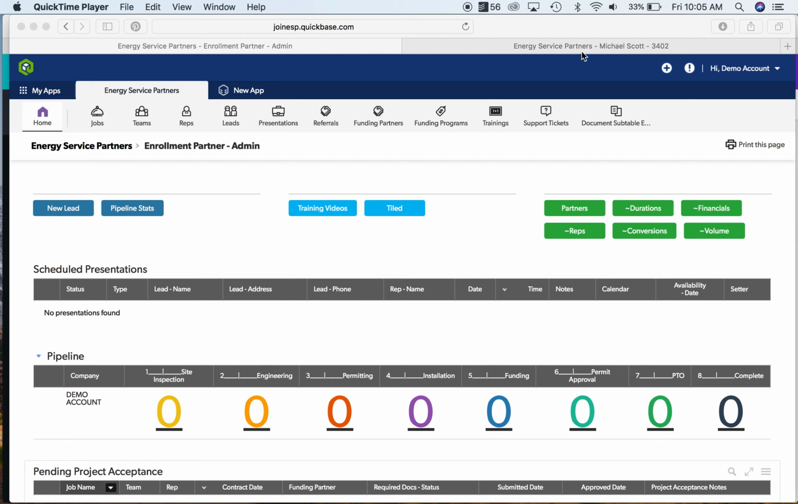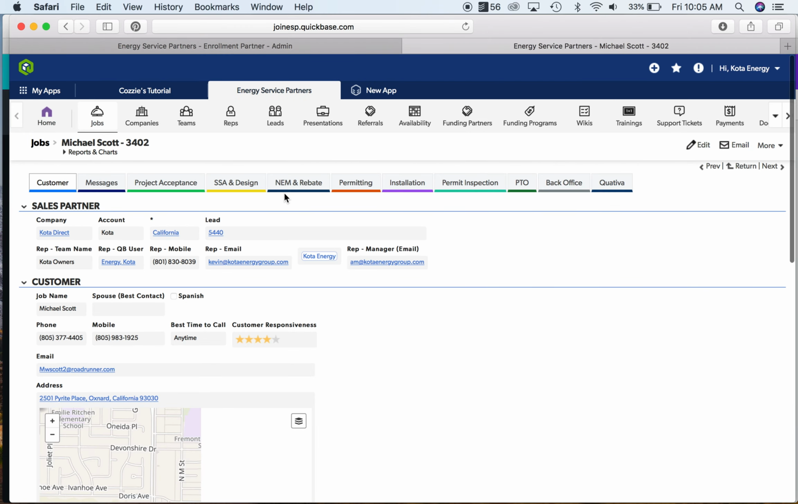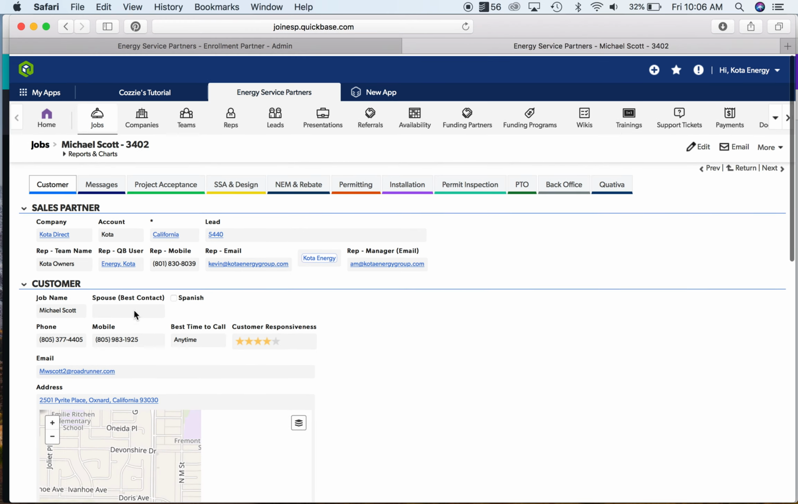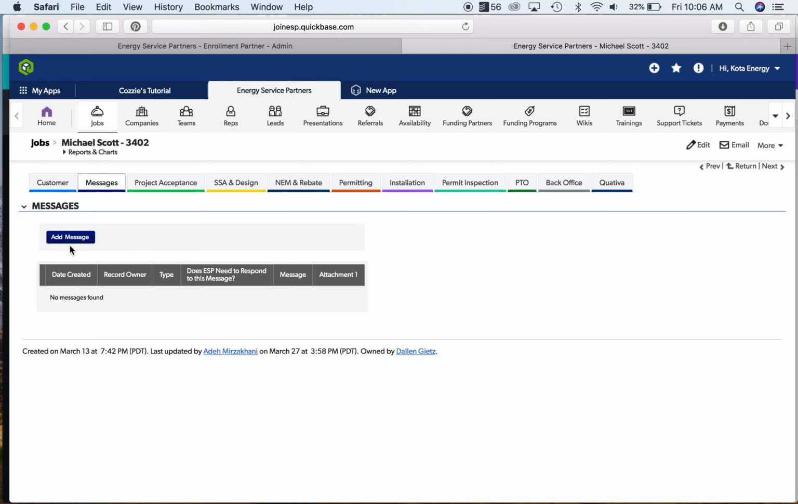answers. So I'm actually going to pop over into my portal here really quick into one of my jobs that I sold a couple weeks ago. His name is Michael Scott. And I can go through each one of these tabs and see where he's at in the process. So customer tab just gives basic customer info. Messages tab, this right here is what we want all of you to use to communicate with the project managers